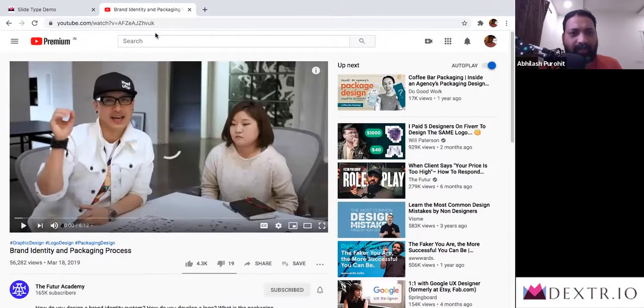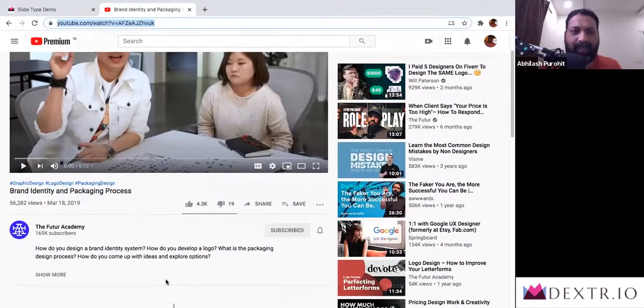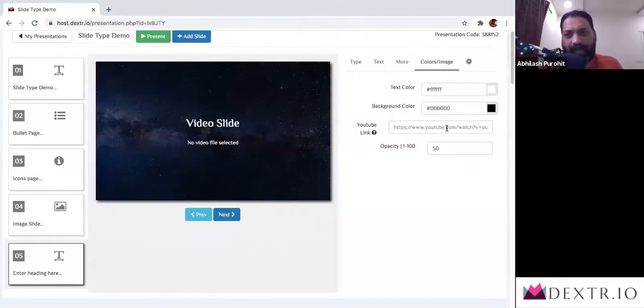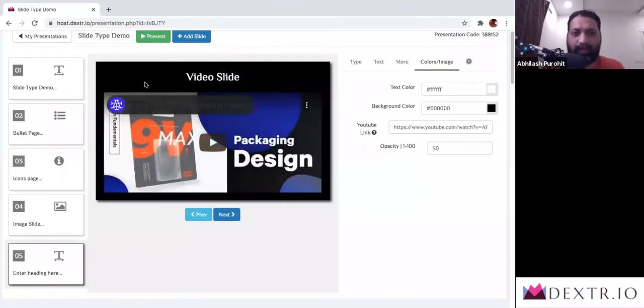Once I've got that, I basically look at the URL bar here. Pay attention. Don't copy from anywhere else other than this place. If you look at the URL bar, you can copy this. I'm doing Control-C or Command-C on Mac. I close this. I come and paste my video link here. Once I hit out of that, immediately that video is going to appear here and you can click on it and you play. One small caveat here.